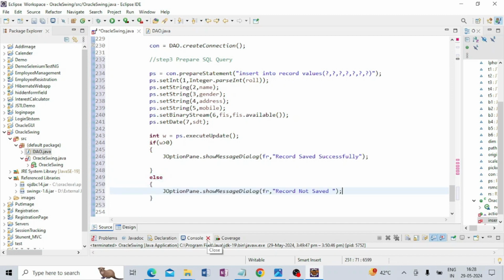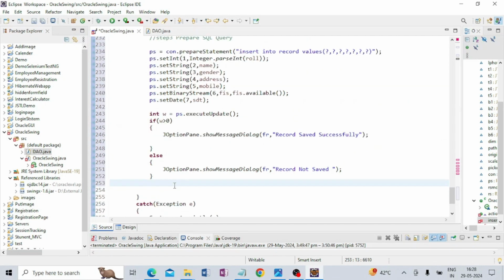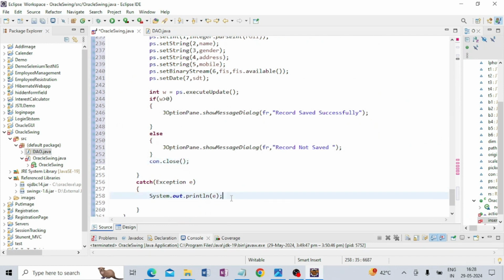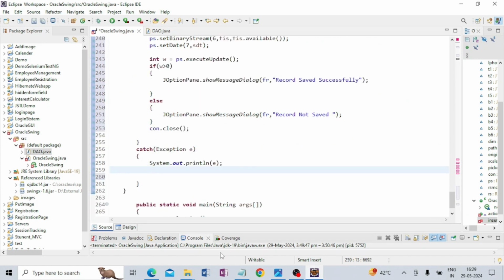JOptionPane.showMessageDialog frame, record not saved. Then you write close connection. And in the catch block for an error, if I get an error, then I will pass a message with JOptionPane.showMessageDialog: roll number